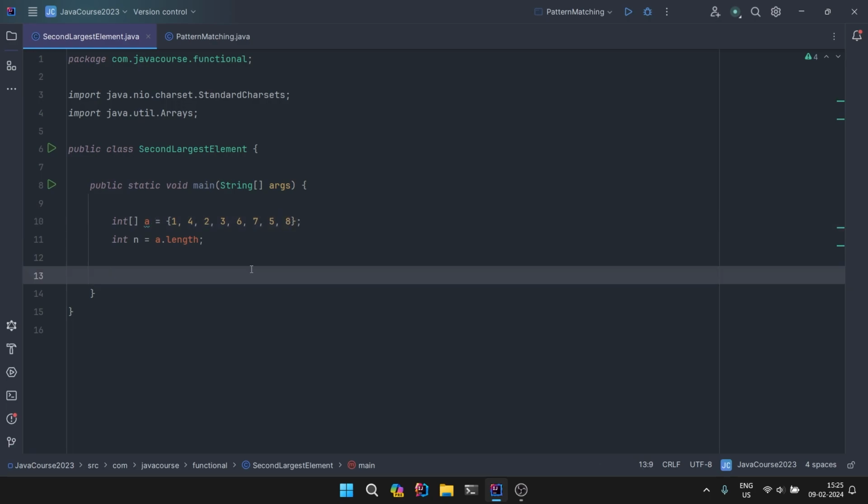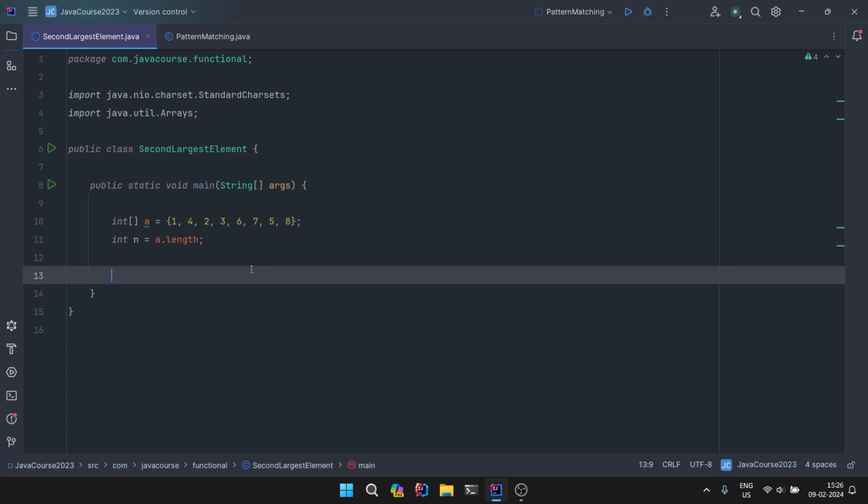So if we have to solve this problem using the procedural way, right, using for loops and all, then what we will do, first we will find the max element in the array, and then using that max element, we can find the second largest element very easily. And the second approach in this is that we can sort the array and the second last element will be our second largest element, or we can sort the array and reverse it so that we get the second element as the second largest element, right? So these are the ways to find the second largest